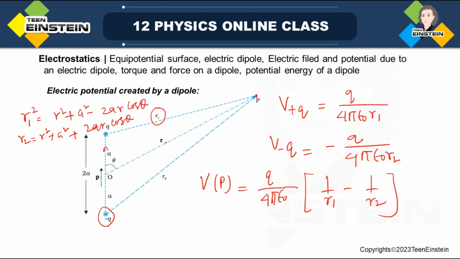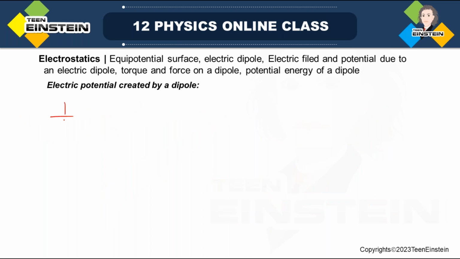Now what we can do is write what is 1 by r. How to find that? To find 1 by r, let us write 1 by R1 square. So 1 by R1 square, if we want to find out,